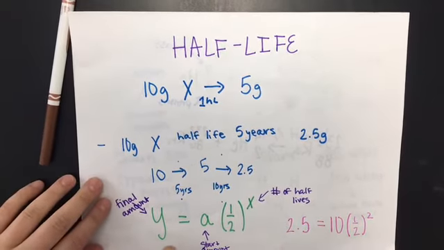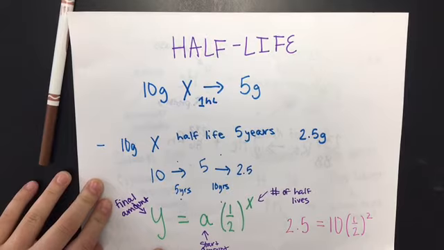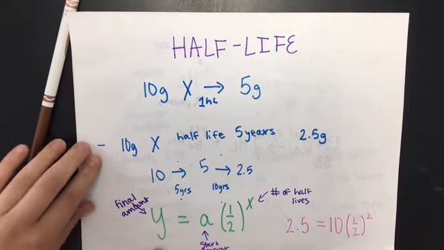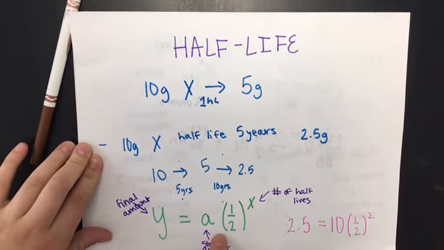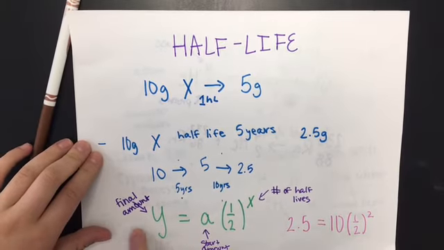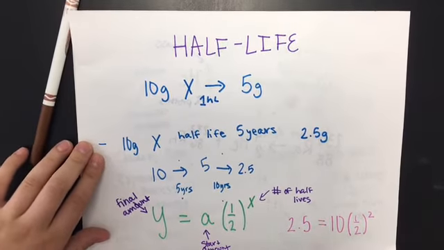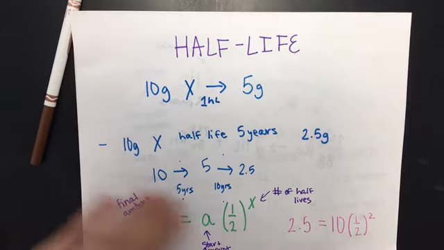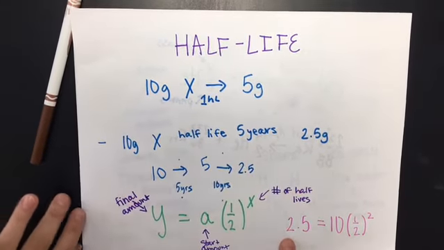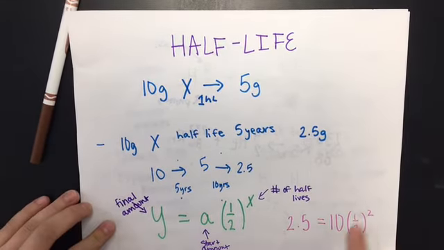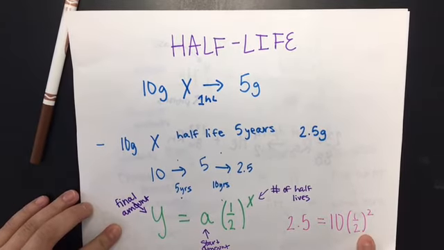There's also a formula that you can use if you have bigger numbers or don't want to use the logic way. There's this formula: y equals a(1/2)^x. y is the final amount, a is the starting amount, and x is the number of half-lives. So for example, for this one it would be 2.5 grams is our final, 10 is our original, 1/2, and